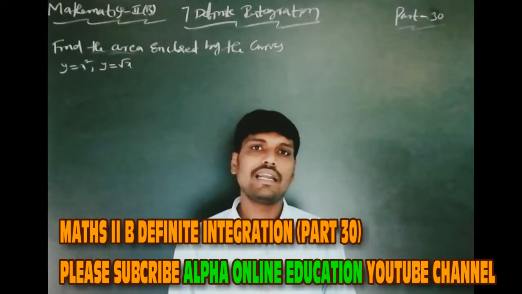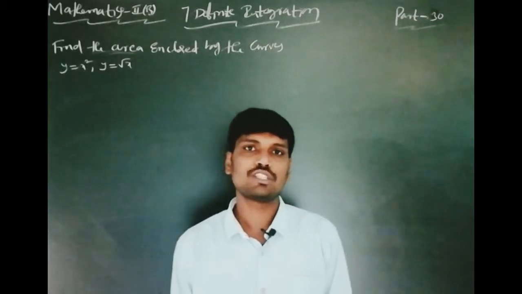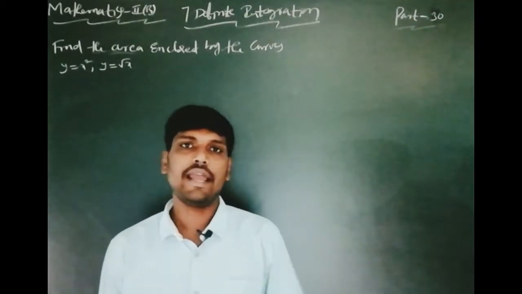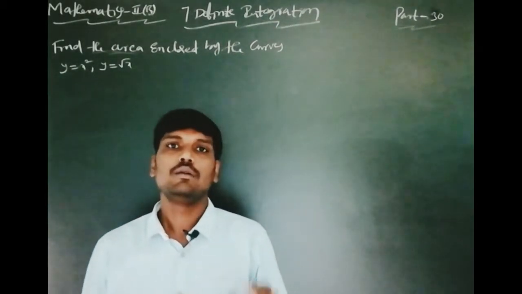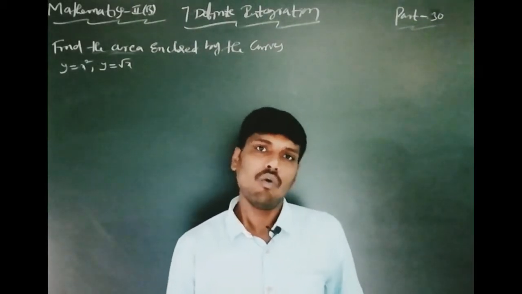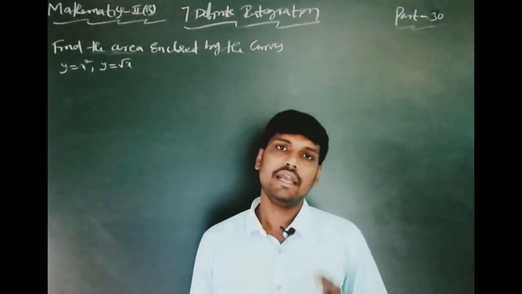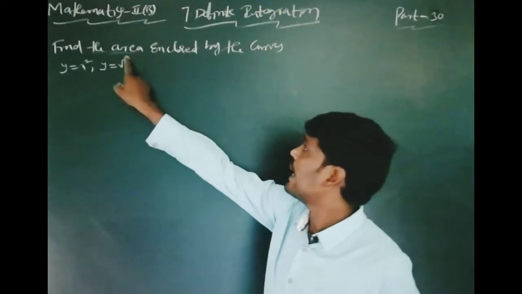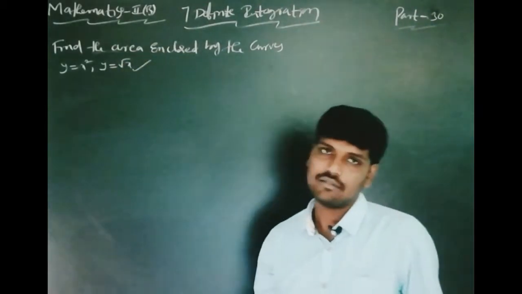Seventh chapter, definite integration. This chapter belongs to Mathematics 2B, part 30. In the last part, we completed important 4 marks and 7 marks problems in the Board of Intermediate examination. Today we discuss once again a 4 marks or 7 marks important problem. What is that problem? Find the area enclosed by the curves y equal to x square and y equal to